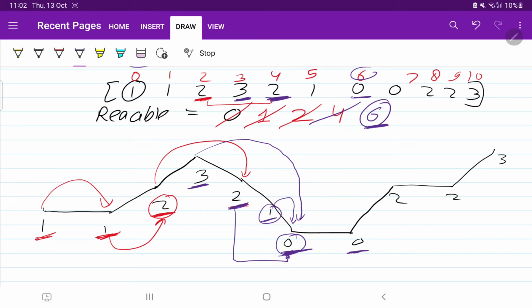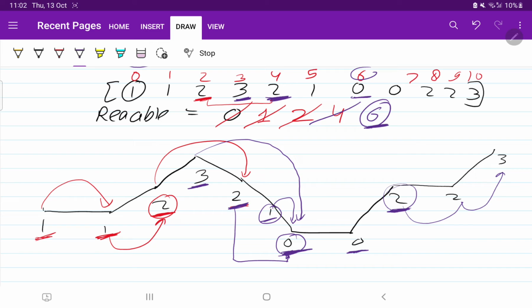We will come here. He will also say, I can't take the jump. Okay, I can't take the jump. I will say okay, where can you take me? Okay, now he told I will come to this position 2, right? So what will this 2 say? 2 will say that I can make a jump of maximum height 2.